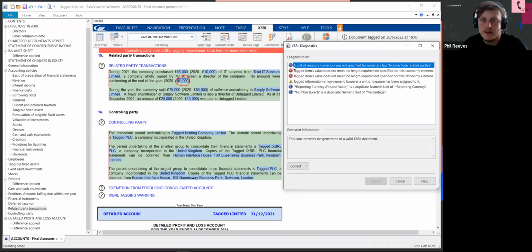A unit of measure currency was not specified for monetary tag income from related party. So this is all about the numeric item. So we talked about the context just a minute ago. Now we're talking about the numeric item itself. So if I go to correct here,